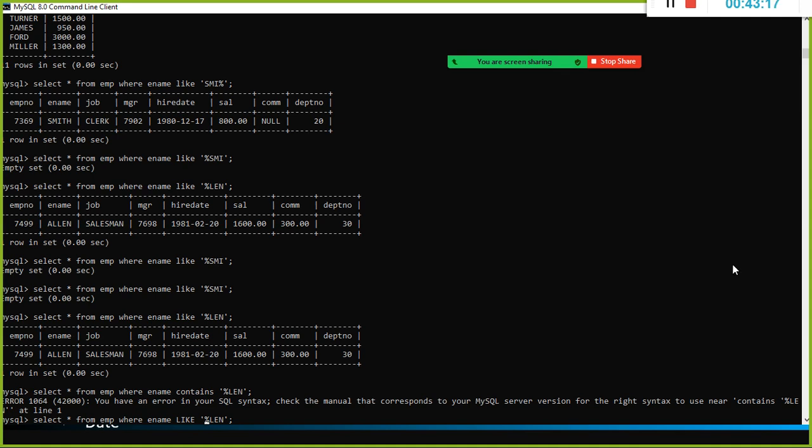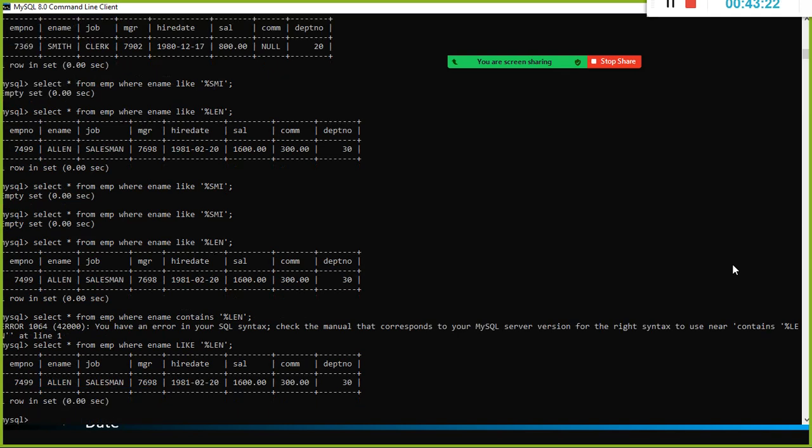Letters, LEN. Wherever the keyword LEN is, it will match. Yes, like will match with the keyword LEN, right? Or you can combine these two. Start with this one, end with this one. For example, Krishna Kumar and Krishna Raja Kumar, but we don't bother about the in-between part. Start with KRISH and then end with A or something like that.